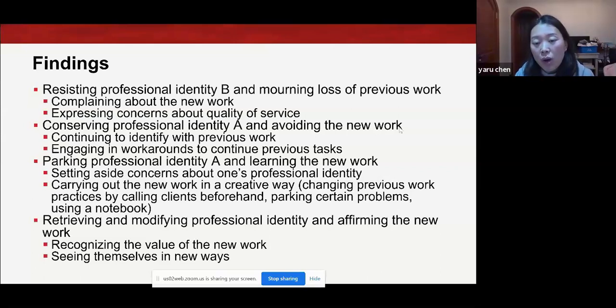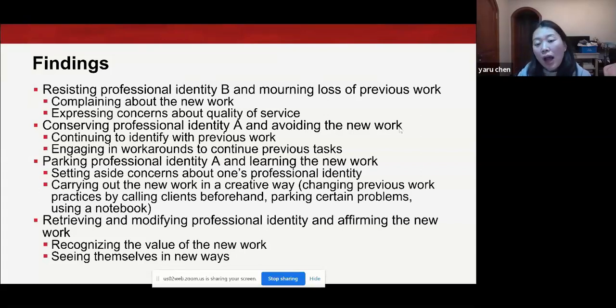So what they did was they called the clients beforehand and asked them to prepare the financial documents. And so when they are actually at the client's house to review the financial documents, they're feeling much better. So this is one way of them how to work in a creative way that make them cognitively ready for